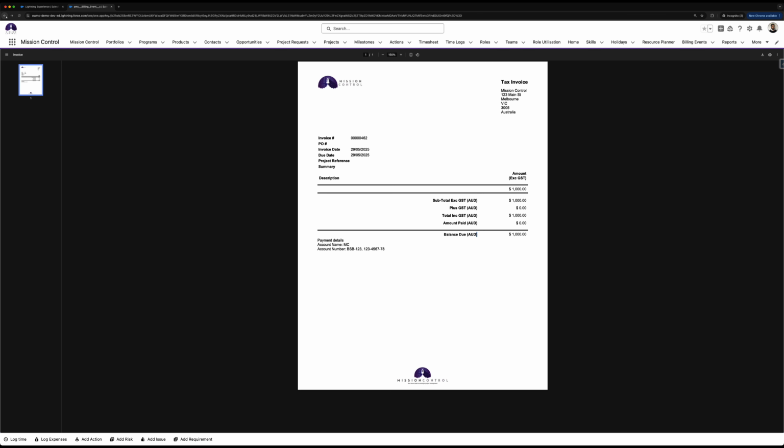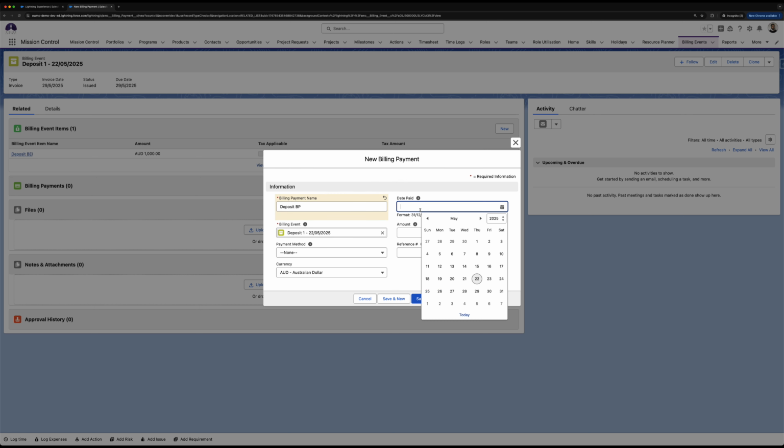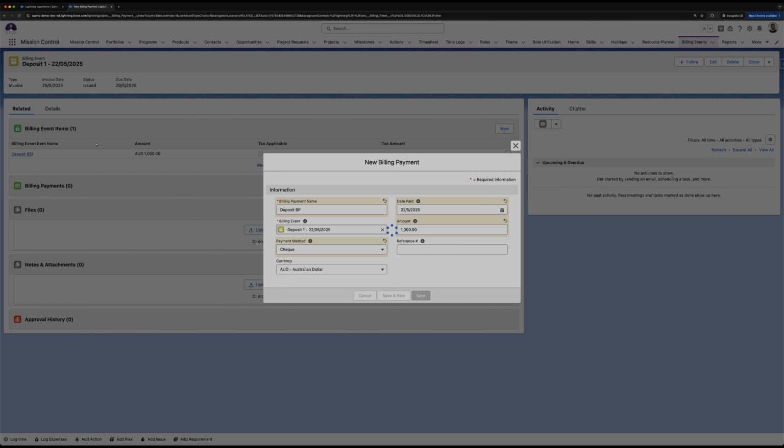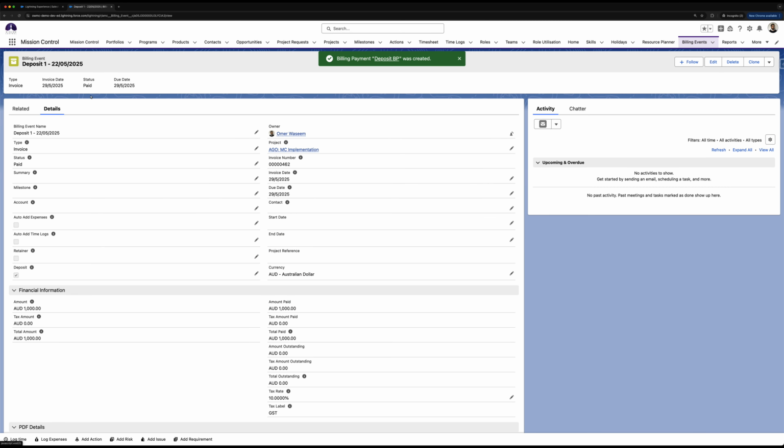So if I go back here, I can go into the related, I can add a billing payment record. So it's going to be paid in full. So deposit, billing payment, date paid today, 1,000. If you'd like to add any references, you can put them in there. Save. Because the amount is in full, then the status on the billing event will get updated to paid,